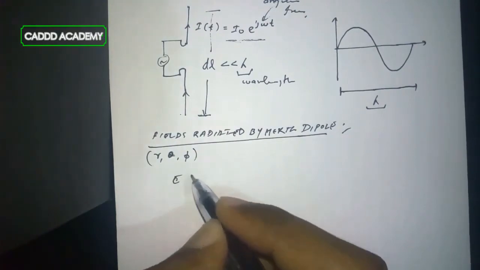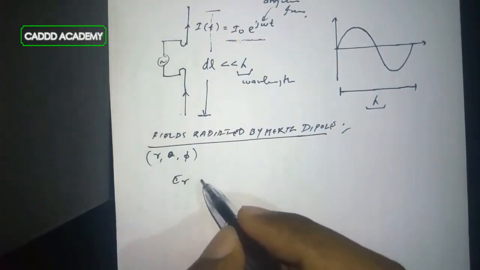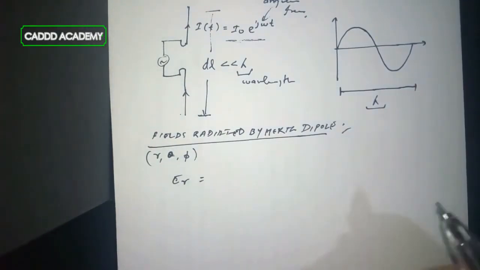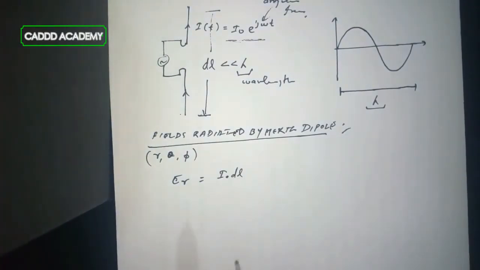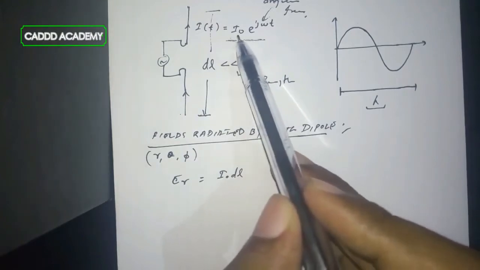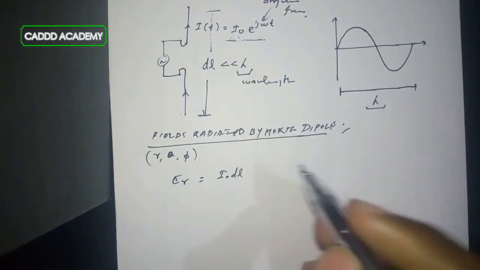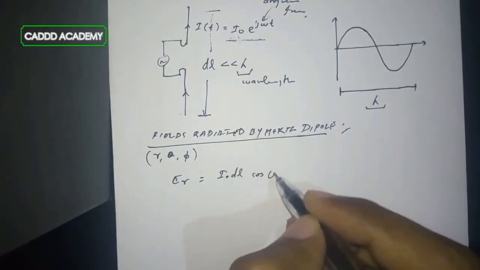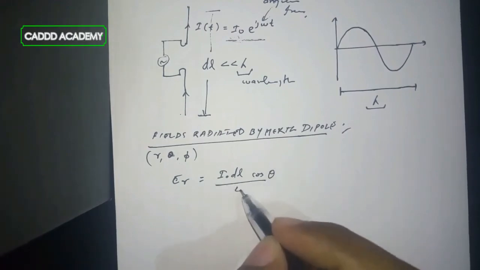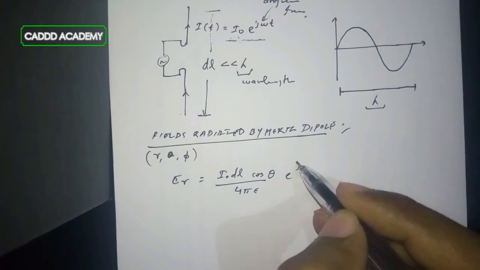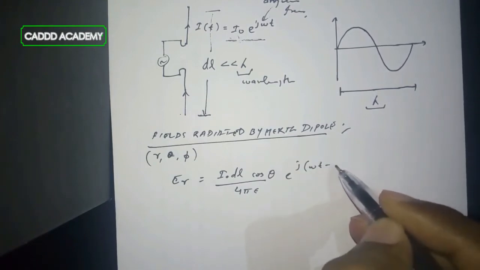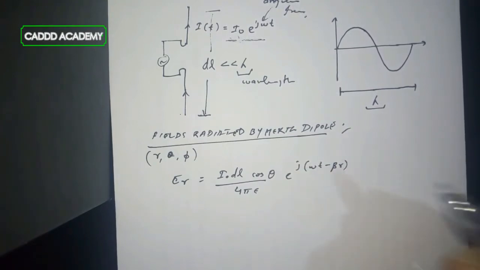So the radiated electric field in the r direction, which is E r, is I naught dl cos theta by 4 pi epsilon into e to the power j omega t minus beta r,